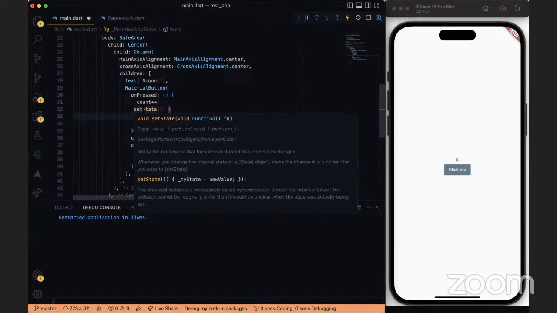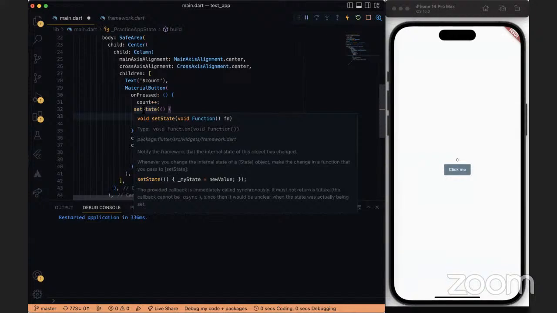If you hover over setState, you see that it notifies the framework that the internal state of this object has changed. So setState is somewhat a notifier, and whatever update we're making inside of it rebuilds the widgets